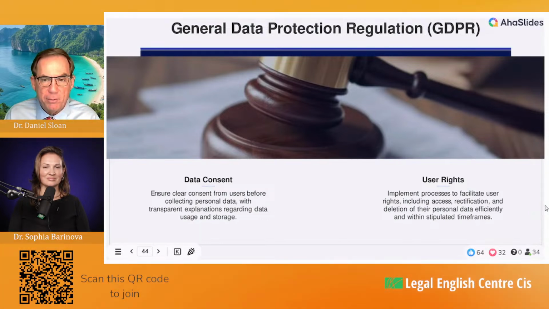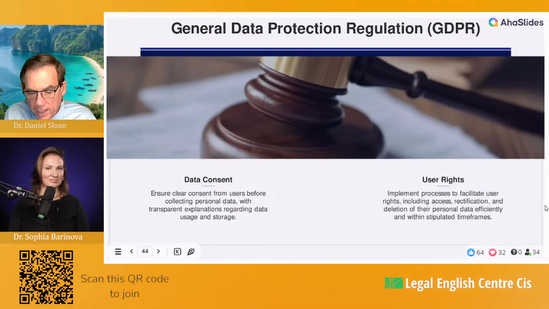In America, we have very strong rules against discrimination. So they want to make sure that's not happening. AI is changing a lot of that, because with artificial intelligence, we can inadvertently gather information and break that privacy without knowing it. User rights: to implement processes to facilitate user rights, including access,